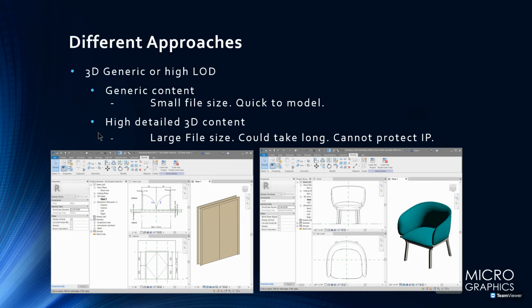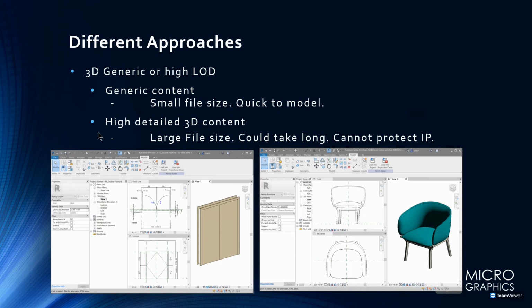Right, moving on. Obviously, with these families that you add and create, there's two ideas that you can look at. One is the 3D geometry, and the other is the 2D geometry. In the next slide, we'll talk about the 2D geometry. All right, so just looking at the 3D geometry,